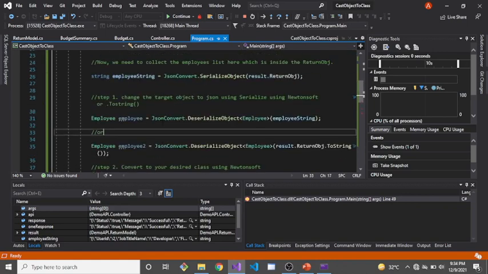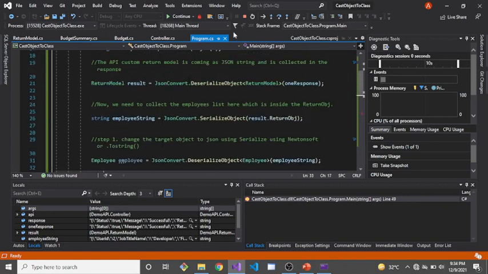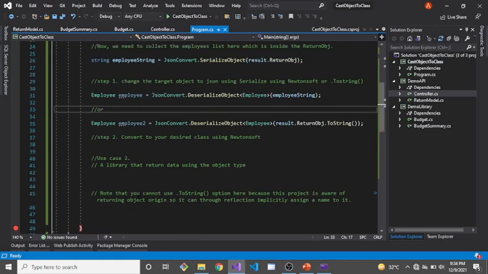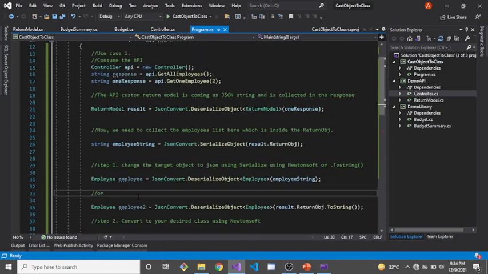So I think with this you should be able to handle any case, even if you have, just like we have in a use case, but I want to keep this video short. Anytime you get a response from an API or an included library that returns an object, the base object type, you can use JSON